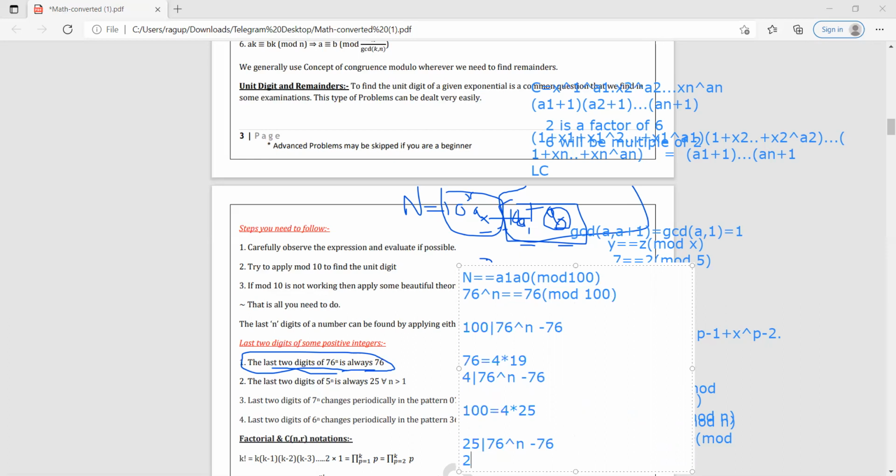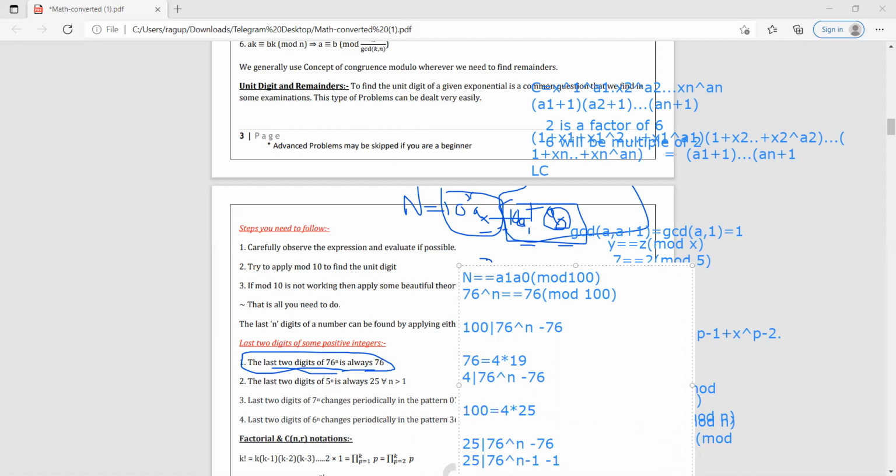So if we prove 25 divides, we know that 76 is not divisible, so there's no use proving it. So we can take 76 out. We'll take it in brackets and cancel it off. So if we somehow prove 25 divides 76 raised to n minus 1 minus 1, then we will be done. What you'll notice is that 76 is congruent to 1 mod 25,